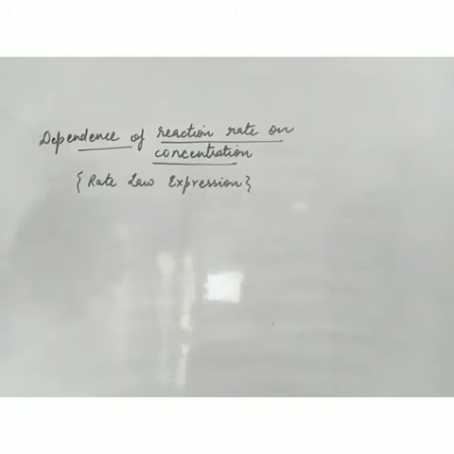Now let's move on to the next topic, that is the dependence of reaction rate on concentration. It is known as rate law expression, or simply it is known as rate law. Now we can calculate the rate by using the concentration of reactant as well as product. But rate actually depends upon the concentration of reactant only. And what is this relation? Suppose if I double the concentration of reactant, how many times the rate will increase? This we have to derive. And this derivation is known as rate law expression, or simply rate law.